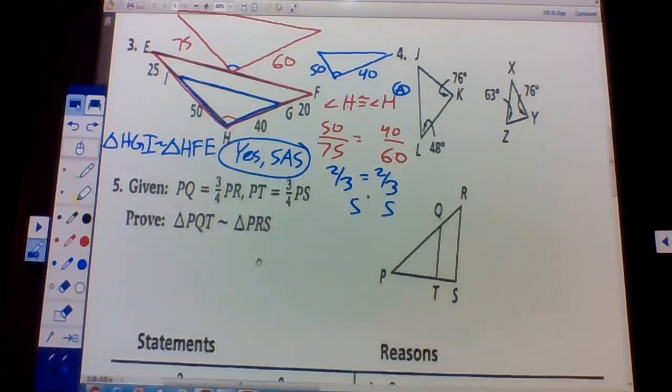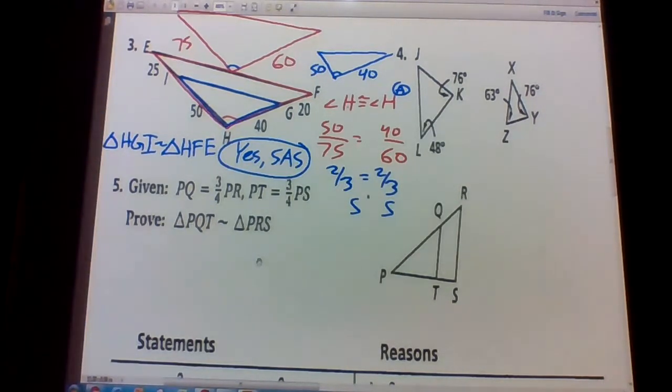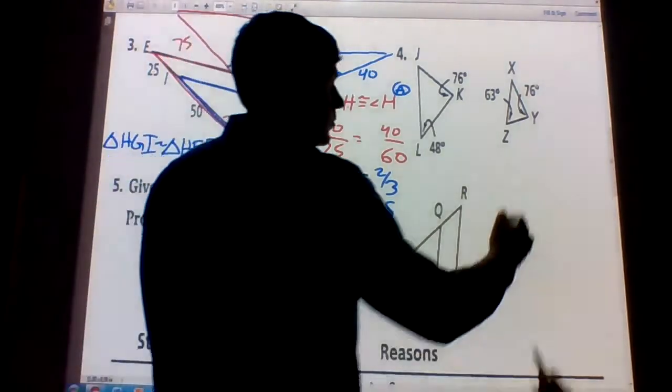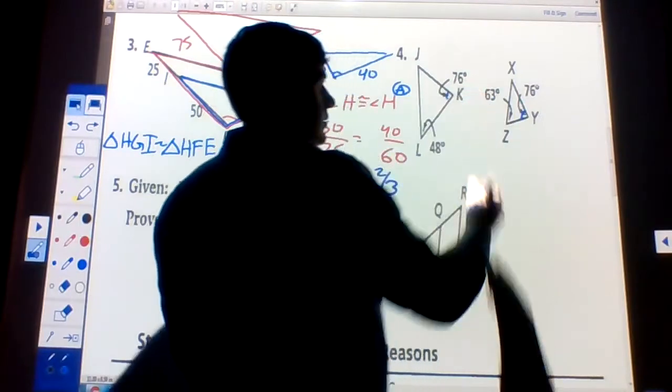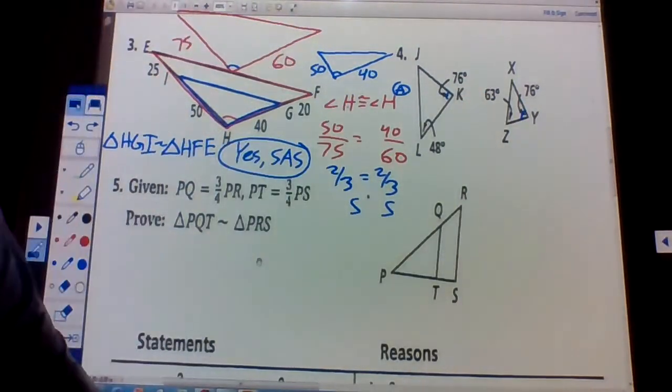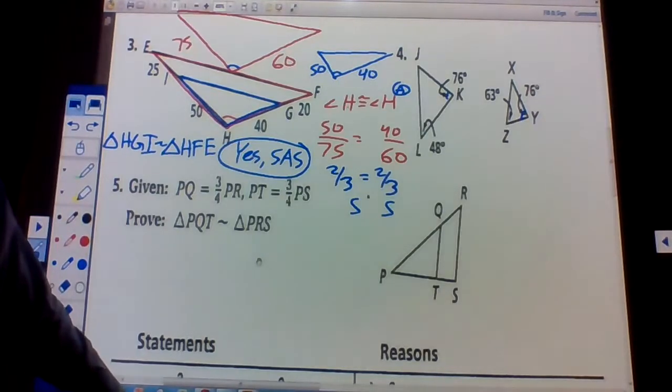Okay, here they're giving us angles. So probably the only thing we can look for is angle, because they don't give us any information about the sides at all. So we're looking for angle. We need two pair of angles to be congruent. They give us one pair, Y and K. And then they give us 48 and 63. So we need to check and see what J and X are to see if we have one pair that